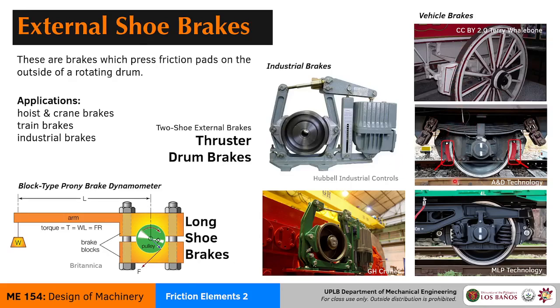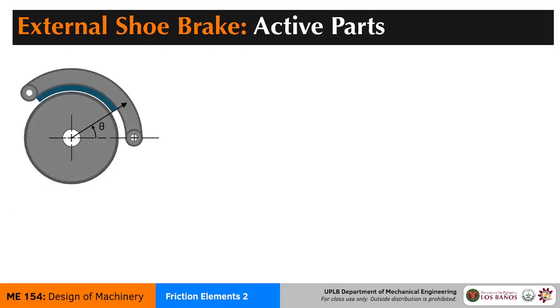However, external shoe brakes are applied for trains here in this configuration. So you have shoes here, and then you have shoes here on the bottom. They're a bit crude, but they do their job. There might be some instances wherein a band brake would be a terrible idea. Maybe a disc brake would not provide enough stopping power. I think if you do some deep analysis on this, you can find what applications external shoe brakes are pretty good at. But now we're going to go into the force analysis,